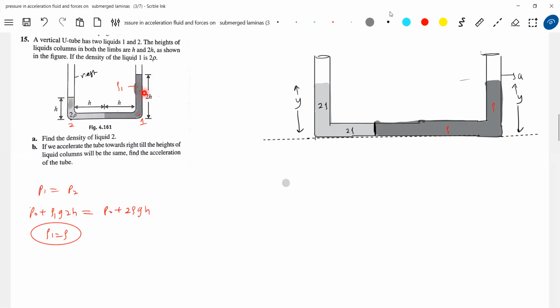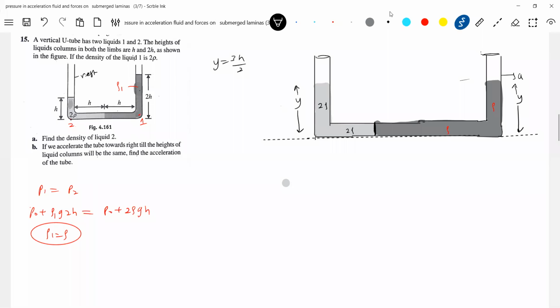So how to get the value of y? What can be the next possible value? This can be 1.8. If this is 1.8, so this is 2h, no? So this is 1.8h. This will become 1.2h. When the levels are equal, what should be the height? Shall I go for 3h by 2? The level of liquid in the right column is 2h, in the left column is h. Then when the level will be the same, it is 3h by 2. You can directly write 3h by 2. I just wanted you to analyze.